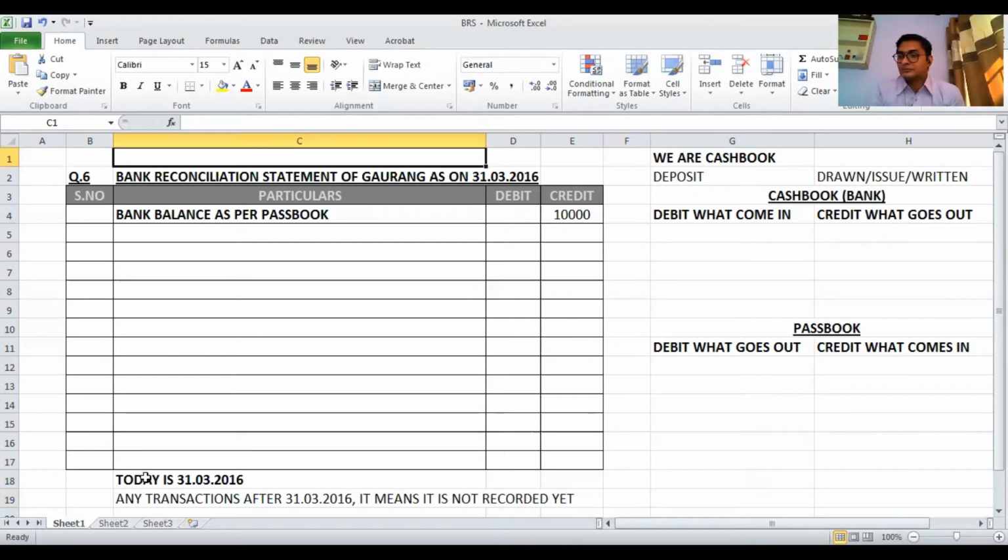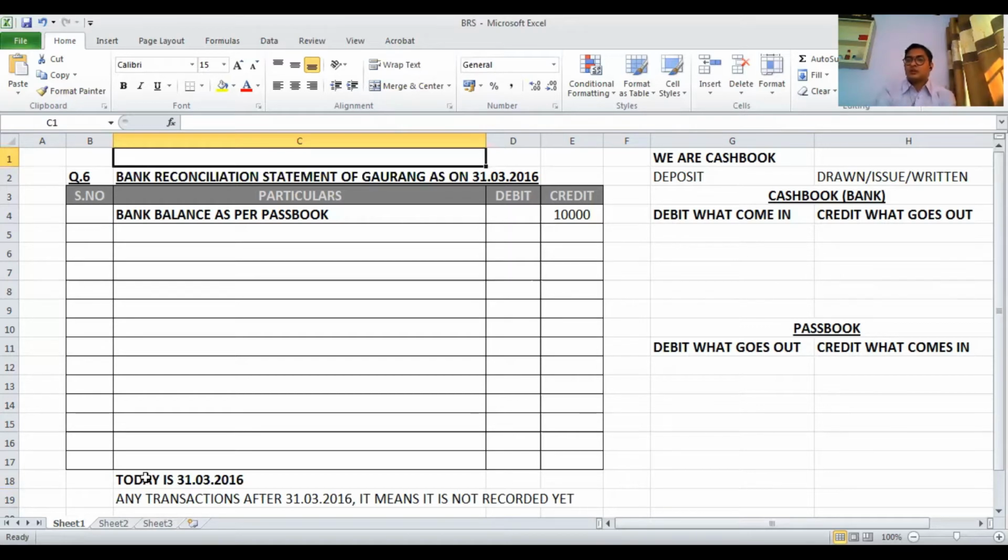Now here they provided that the balance does not tally with the bank balance as per cash book, means balance as per passbook and balance as per cash book are both mismatched. Following information is obtained while comparing the passbook and cash book. Prepare the bank reconciliation statement. There are total 10 transactions given in the question, so we have to solve one by one.